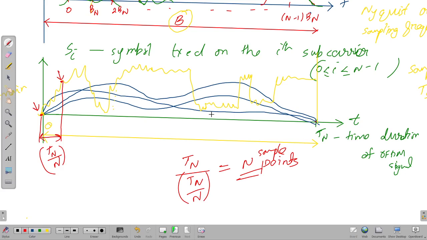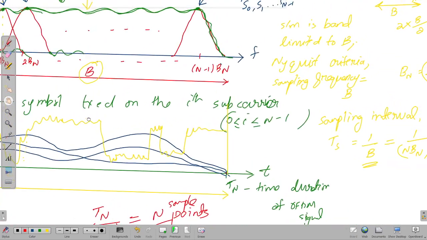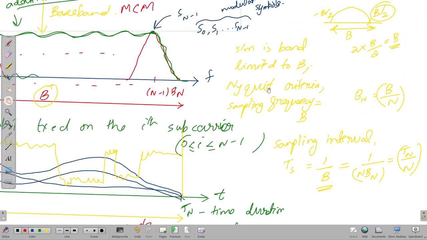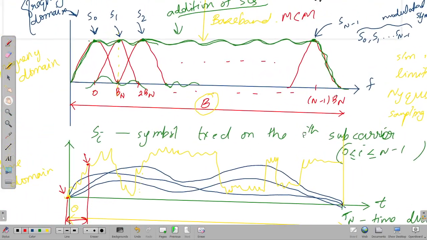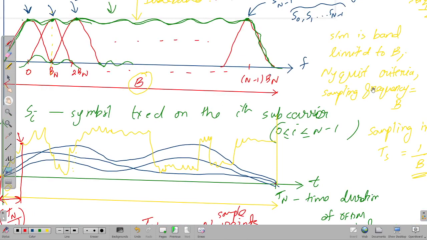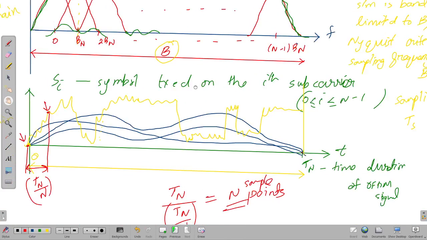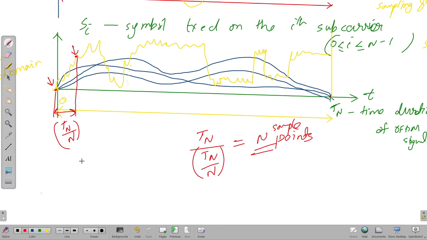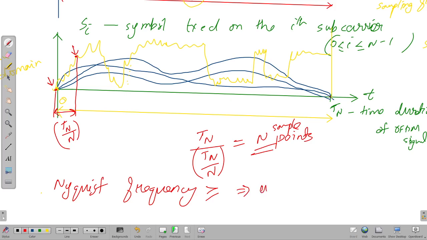So when I have n number of sample points, the Nyquist criterion says that I've taken the Nyquist frequency as b, and the speciality of the Nyquist frequency is that if I sample at the Nyquist frequency or even above it, I can uniquely recover the signal. So Nyquist says that if I sample at a frequency greater than or equal to the Nyquist frequency, I can completely recover